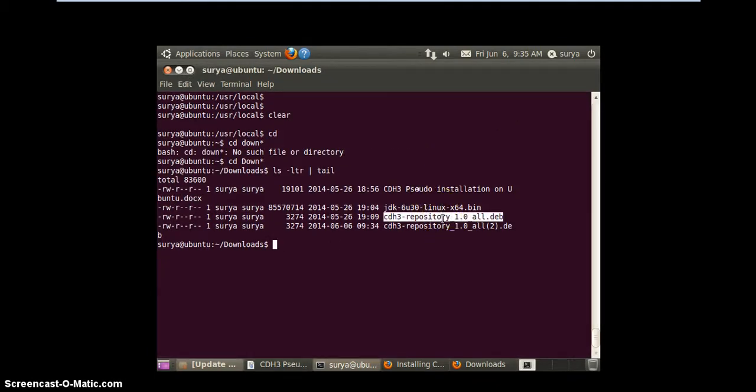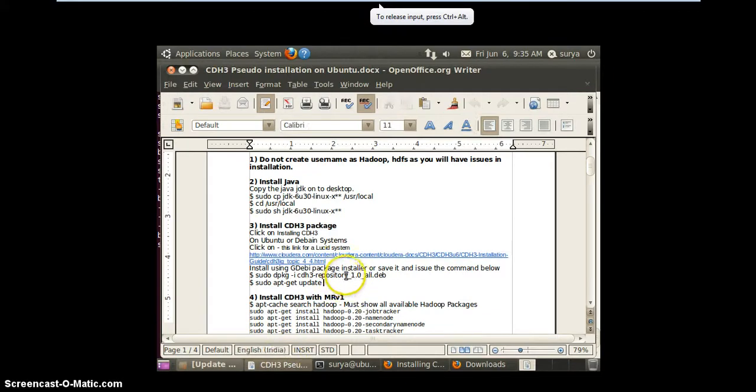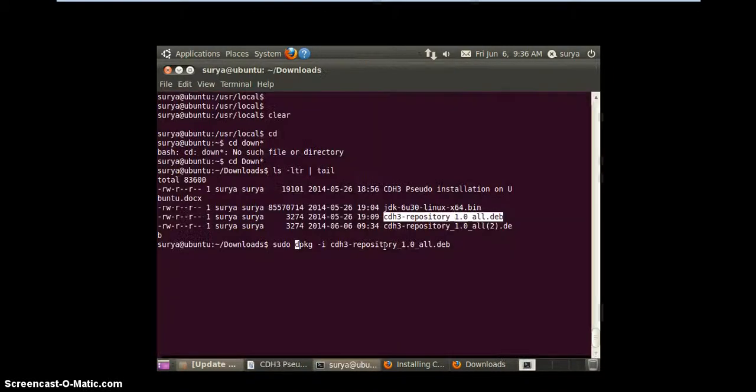So in order to install this, I would use something like sudo dpkg -i with this particular Debian file which you downloaded from cloudera.com. dpkg is a command which is used to install software on Debian systems. That's what I had listed in my document: sudo dpkg -i your Debian file.